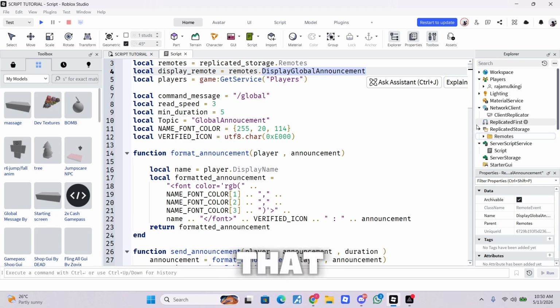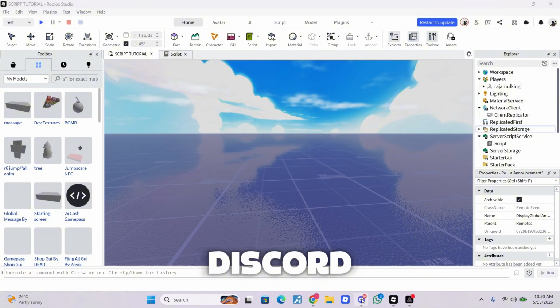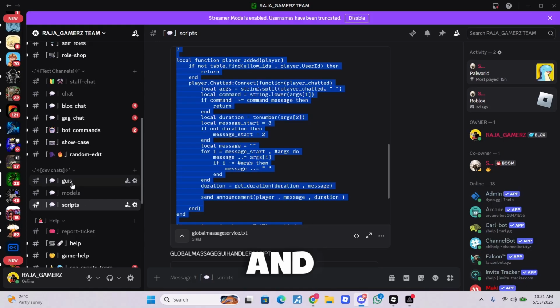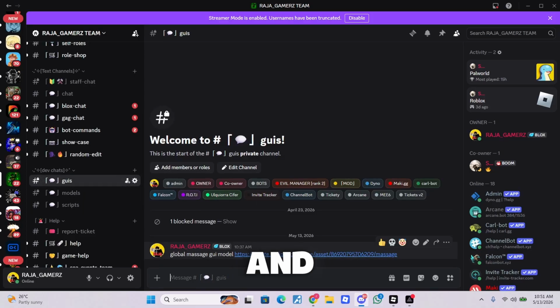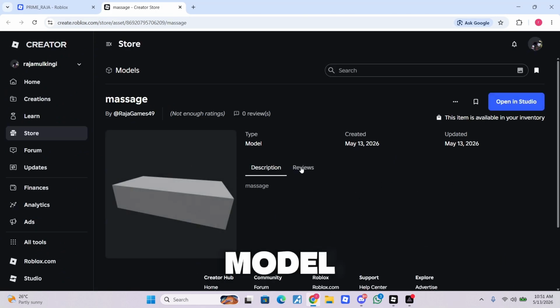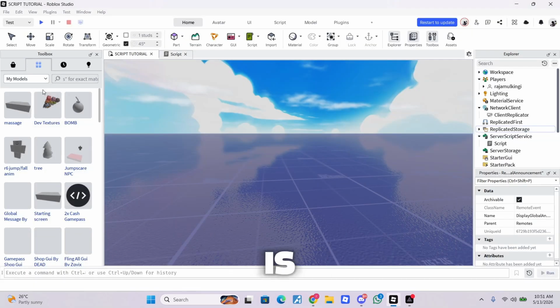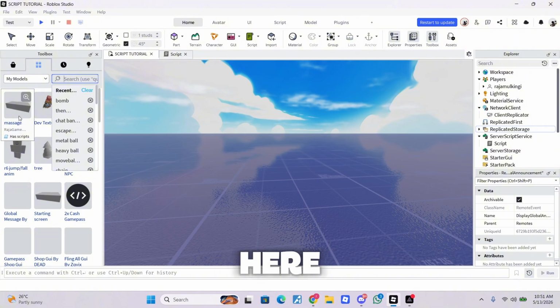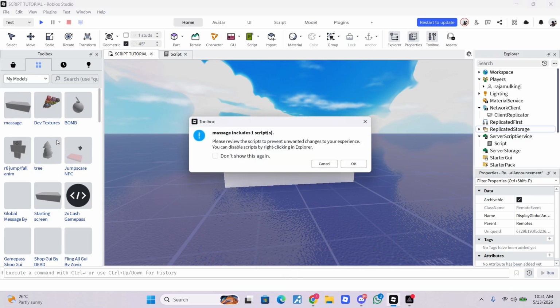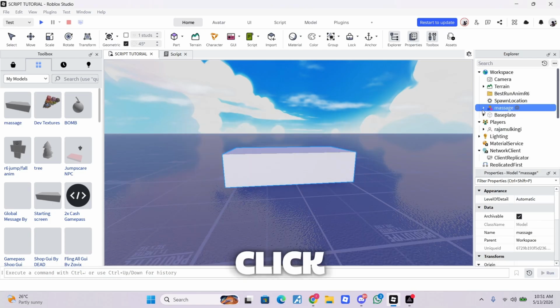After doing that, then go to my Discord again and go to GUI section and click this link for model. And here you guys get model, open and click into get model, and then open it. Here you can find your model, then insert it. Click OK,